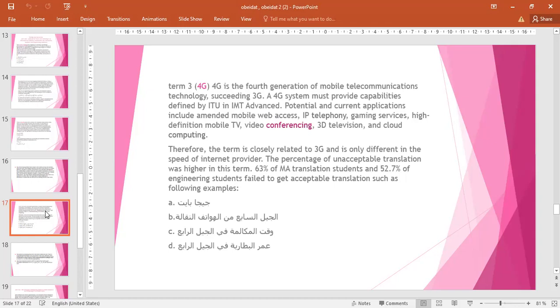Therefore, the term is closely related to 3G and is only different in the speed of internet provider. The percentage of unacceptable translation was higher in this term. 63% of MA translation students and 52.7% of engineering students failed to get acceptable translation, such as the following examples: جيجا بايت، الجيل السابع من الهواتف النقالة،